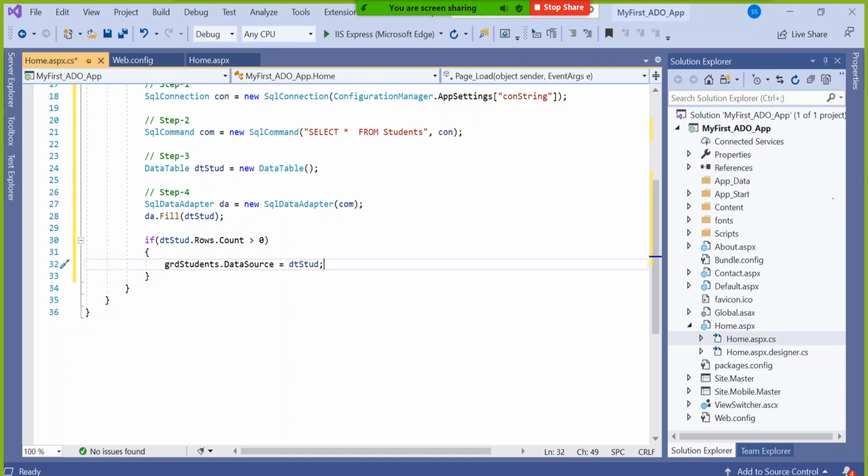In a web application, there is a process called rendering, guys. Rendering means whatever data you are passing to any control like grid view, text box, radio button, anything, it has to be translated into HTML. Then it will display on the screen. Otherwise, your browser doesn't understand this C#.